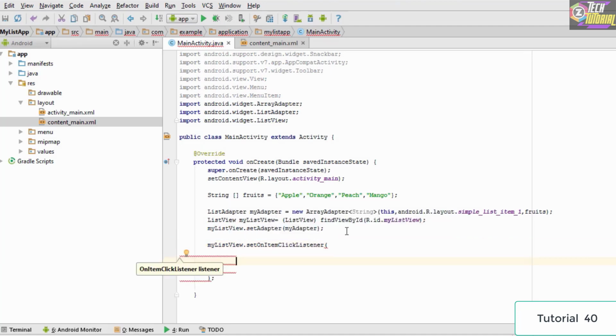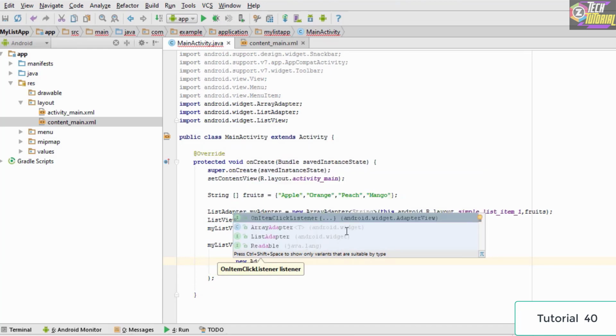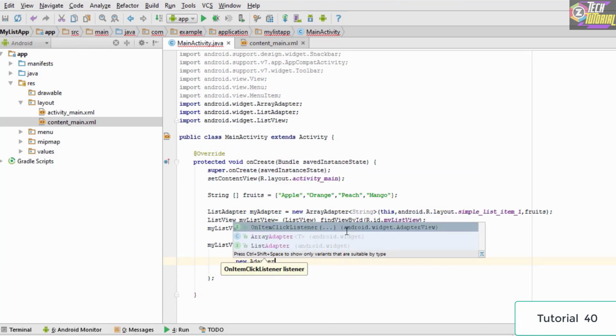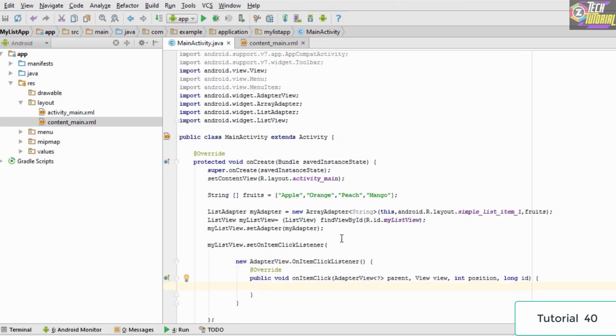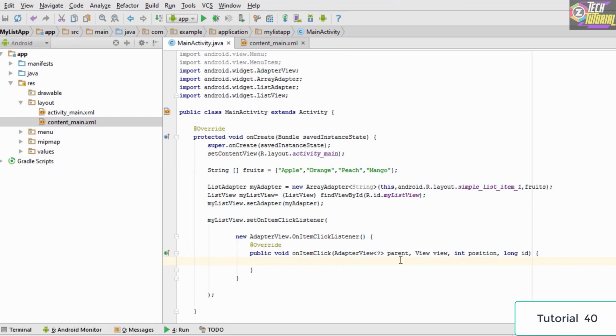So inside it we are going to write the code which we want to execute. So we type new AdapterView.OnItemClickListener, and it is automatically going to add the methods for us. Now the next thing we need to do is get the reference to the clicked item, and we need to store it into some string. So let's create a string here. So we type String fruit